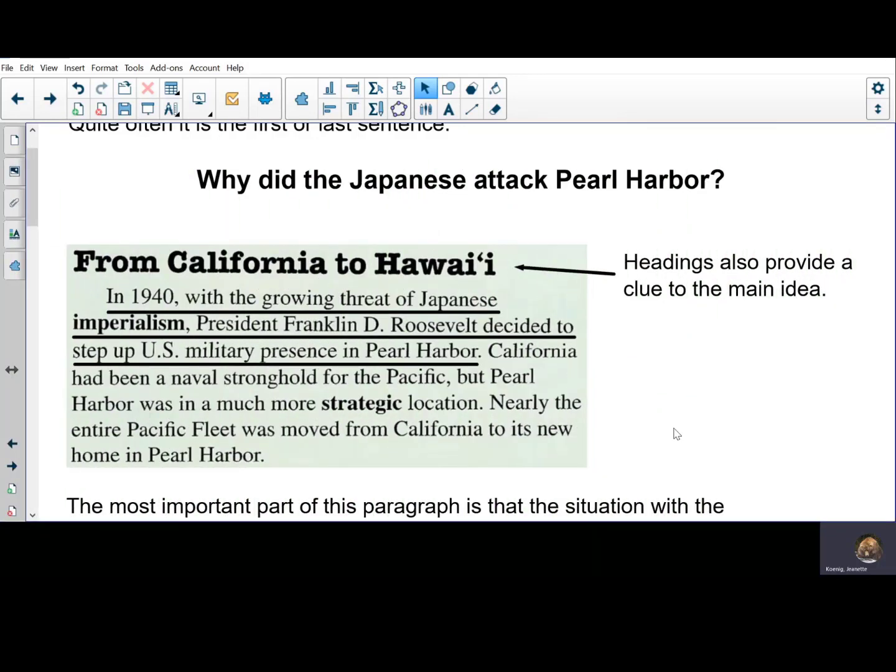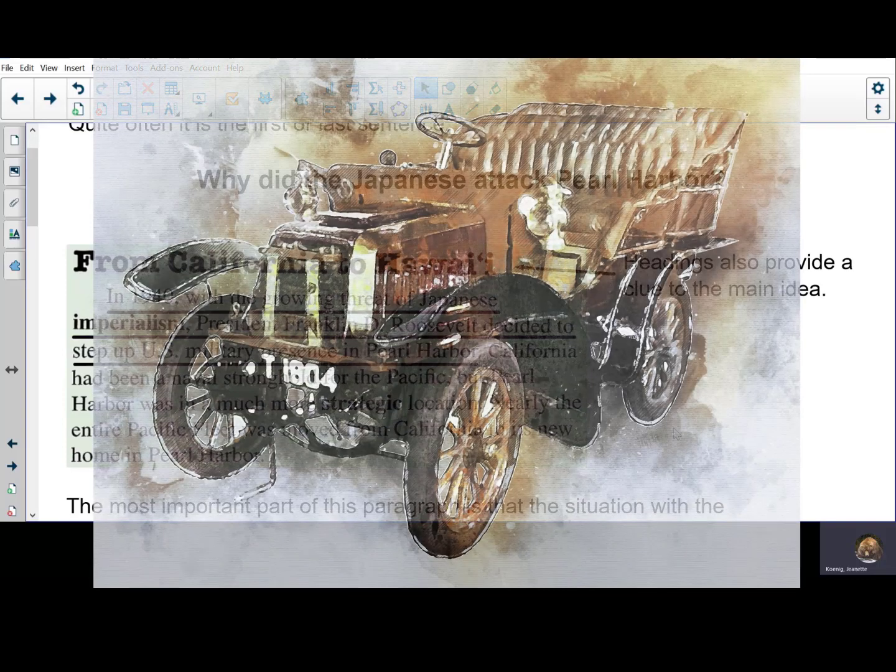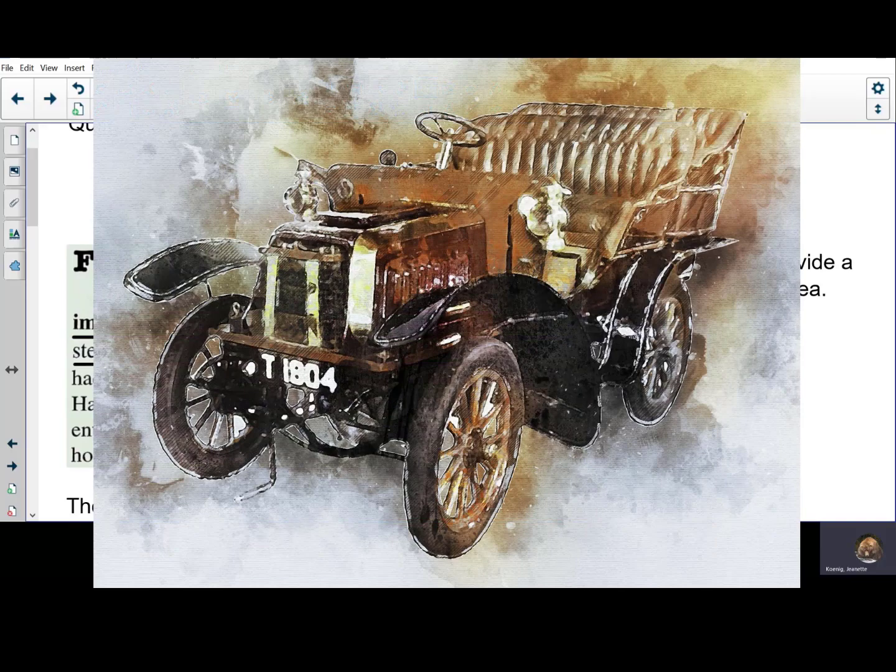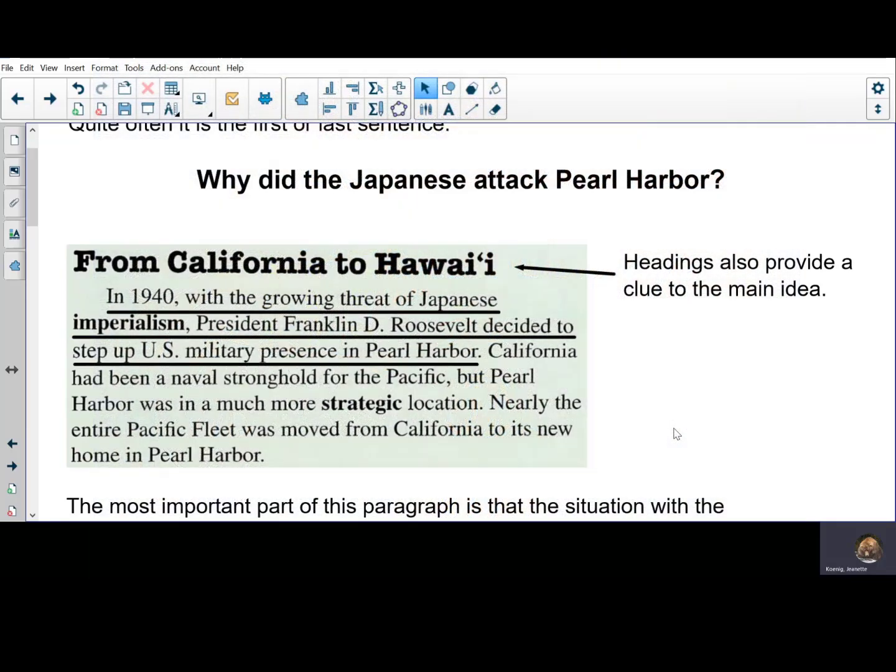Okay, thank you. Now, there are a couple of words in here that you may or may not be familiar with. First, imperialism. Oh, I know. My grandfather used to drive an Imperial. Yeah. Do you think that's likely that the problem was that the Japanese are driving too many Imperial cars? I mean, it's 1940. Grandpa's car was pretty old. Were the Japanese even competing with us making cars at that point?